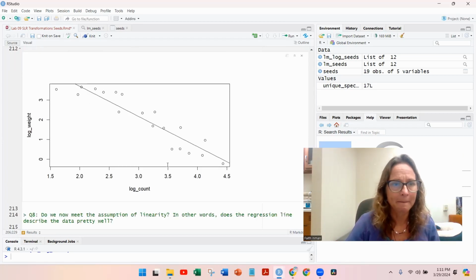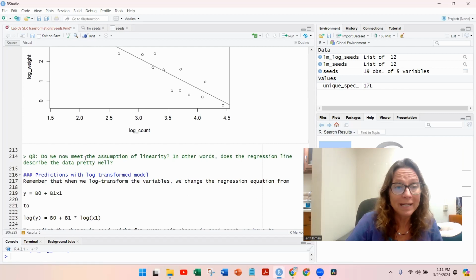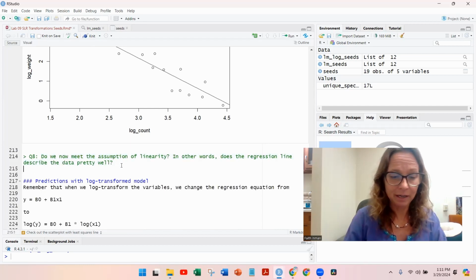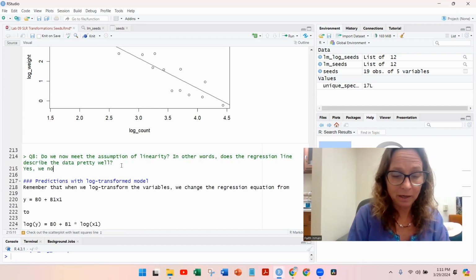Perfect, right? Okay, so do we now meet the assumption of linearity? In other words, does the regression describe the data pretty well? Yes, we now meet